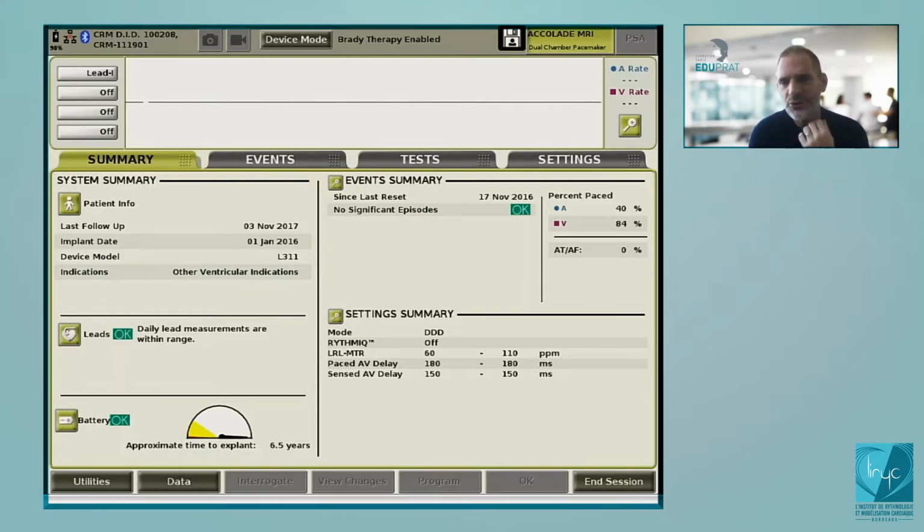And this is the first screen when you interrogate the device, and you see that it's more or less the same for all the manufacturers. It's the same kind of information that you will have on the first screen. So if you agree, first you will see on the screen the system summary, with the patient info and everything. So if you click here,